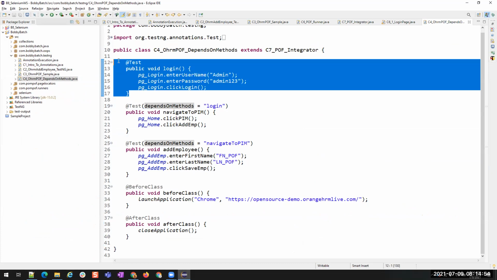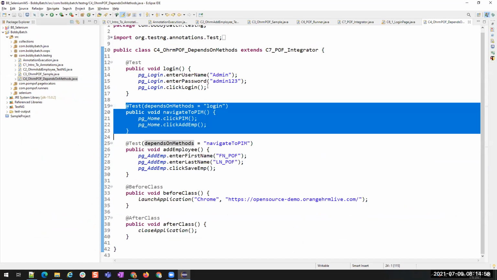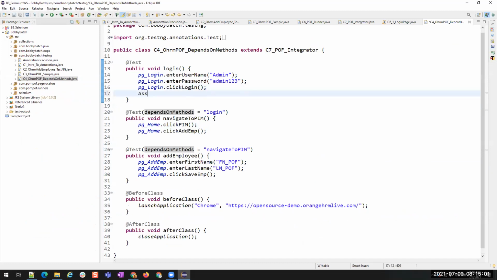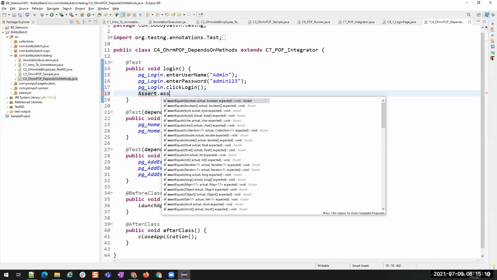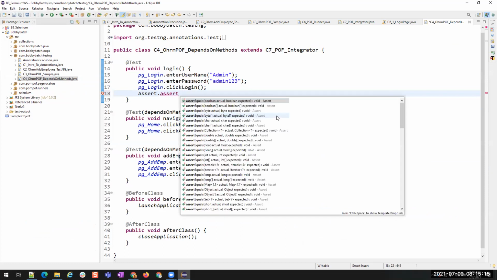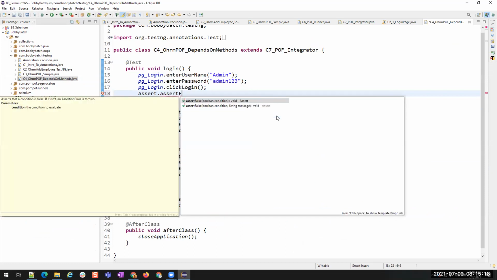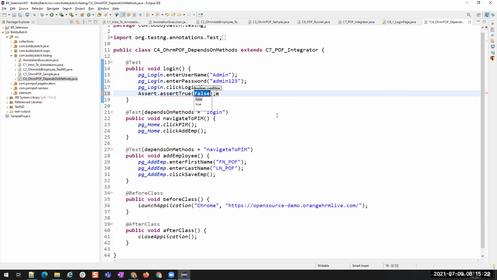If the previous method is passed, then it will execute. Otherwise, this method will be skipped. For example, now let me fail this. Assert of testng dot assert, but the boolean condition is false. I'm intentionally failing it.